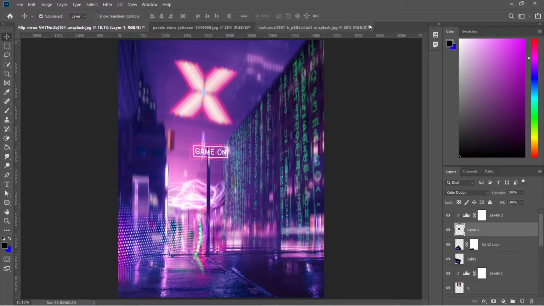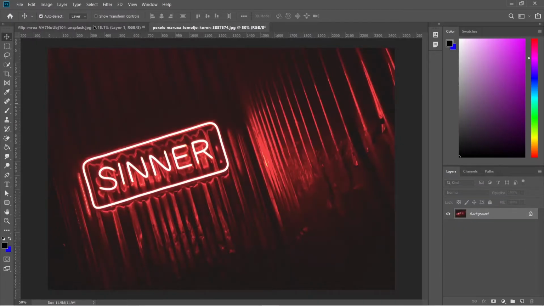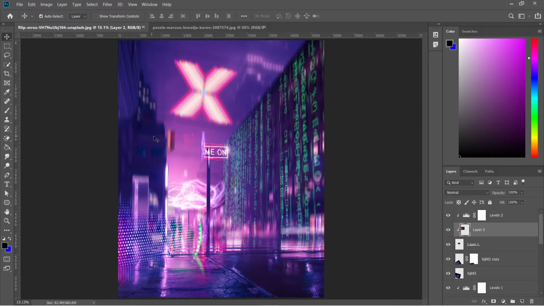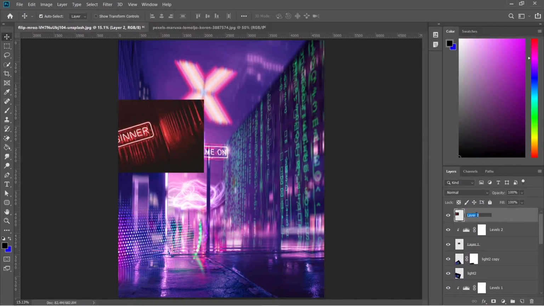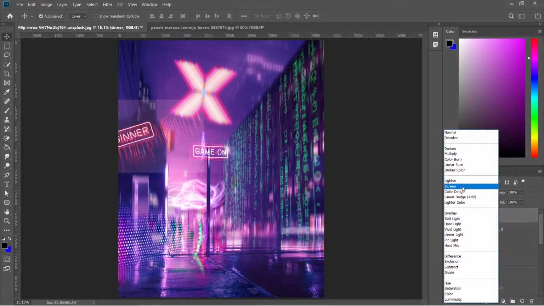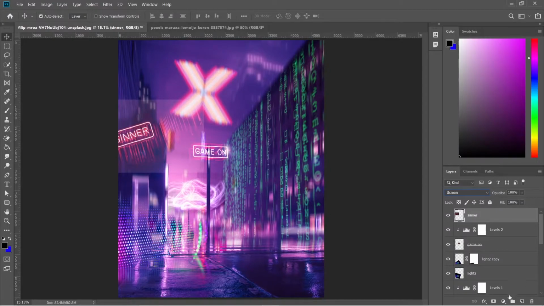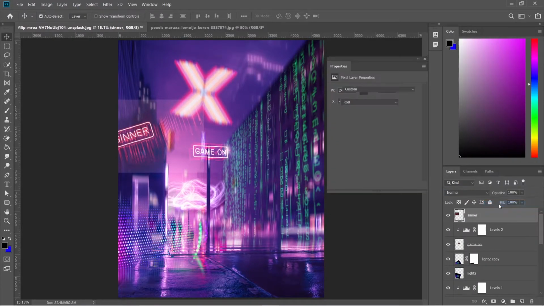Let's place another text. Drag in our file. Change the blend mode to screen and also add levels to remove the background which is visible.